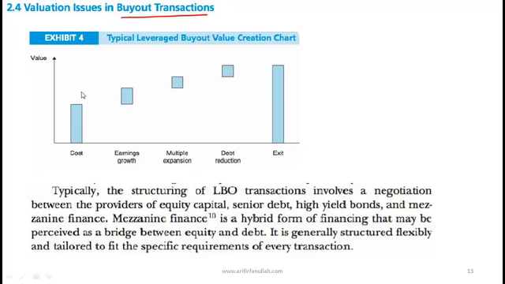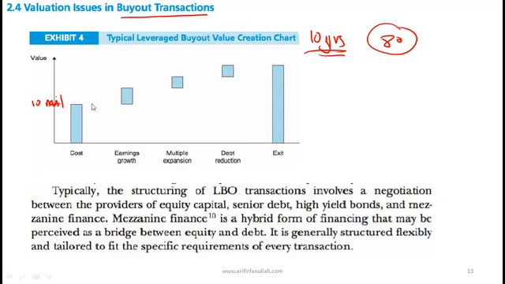Let's say that you are a private equity firm and you have invested 10 million. Okay, so you invest 10 million in a bunch of companies. Let's say that you make 3 investments worth 3 million, 3 million, and 4 million. Typically the life of a buyout fund is about 10 years. So what are you hoping for over the 10 years? You are hoping that the investments that you made increase in value and then you sell them. You made a 10 million investment, let's say after 10 years you sell them all for 80 million. Okay, now where does that increase in value come from?